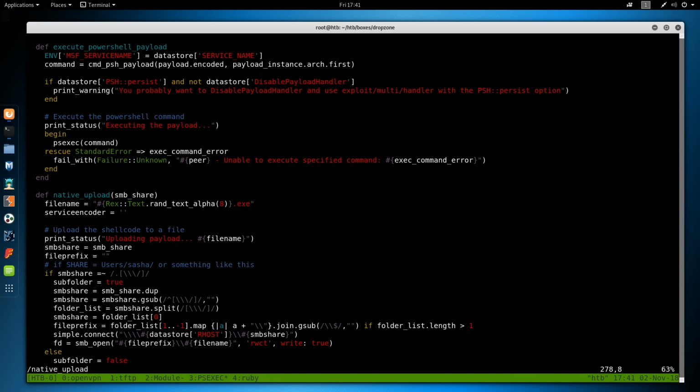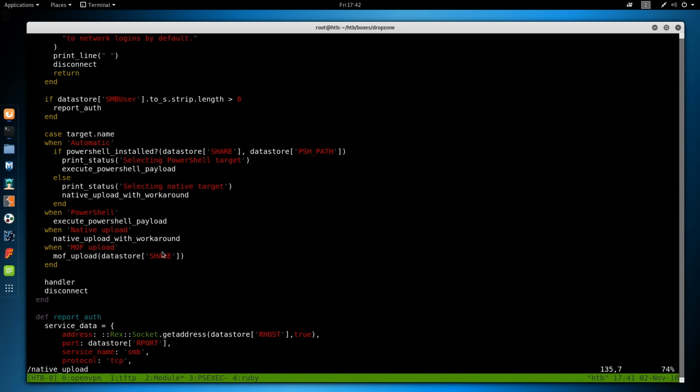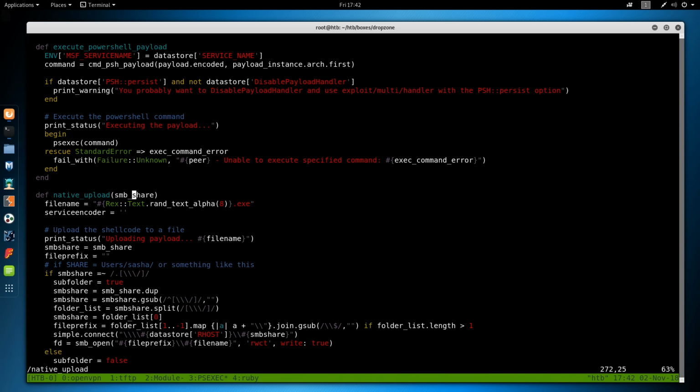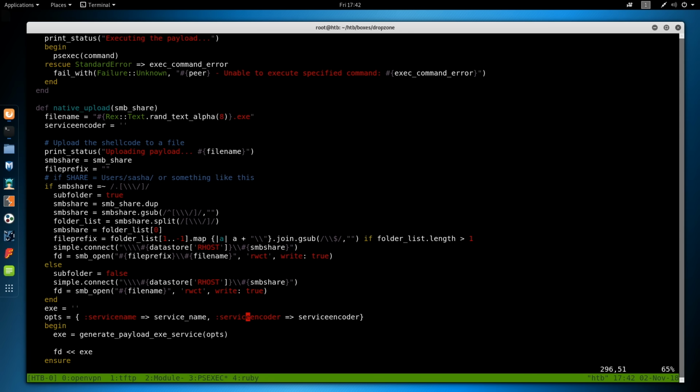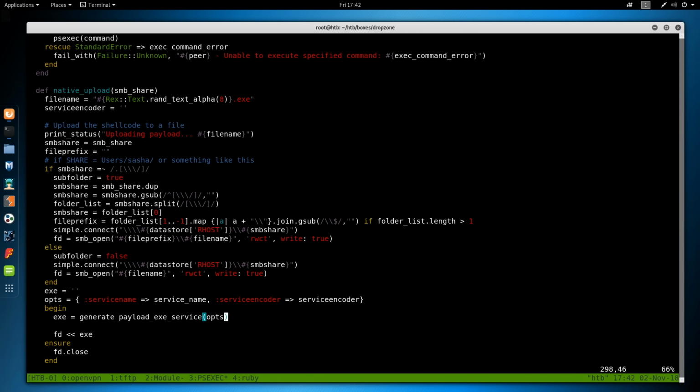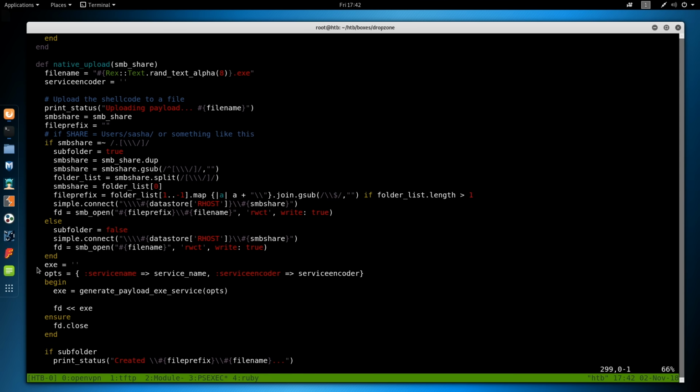I'm not sure exactly what that's doing. It's uploading payload, so it's grabbing SMB_share, which is a variable name passed. If you look at the module, that is going to be the share from the Metasploit module. So by default, it's admin$. So it's doing a bunch of things, connecting to our host, and then admin$, and then opening a file, writing a file. And now, right here, I think it completely writes. We generated the payload exe service with all the options,